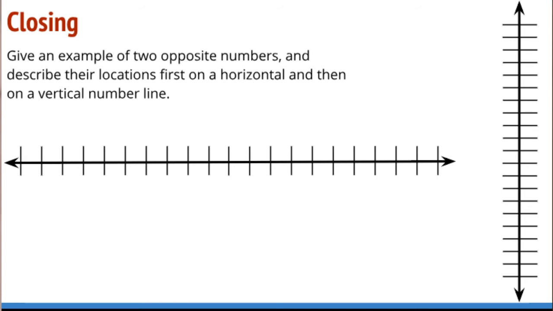All right, so the closing activity, we would have a quick class discussion, give an example of two opposite numbers, and describe their locations first on a horizontal and then on a vertical number line. So we're looking for two numbers that are opposites of each other. So for example, I could use 6 and -6. I can claim that they are opposite, and now I will use a number line to prove that they are